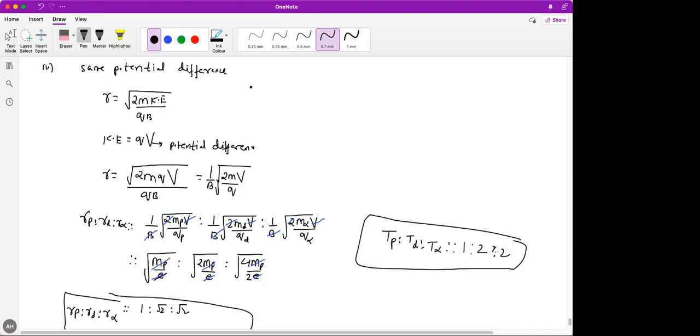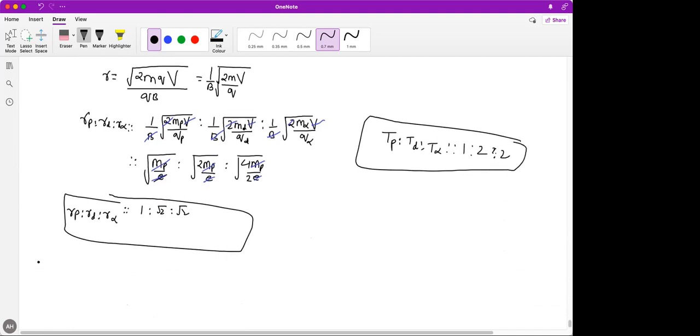Now, fourth case. In the first case, the charged particle was moving parallel to the magnetic field, and the path was a straight line. In the second case, the particle was moving anti-parallel to the magnetic field, and the path was a straight line. In the third case, the particle was moving perpendicular to the magnetic field, and the path was circular. In the fourth case, the particle is moving at some angle theta, which is not 0, 180 or 90 degrees.